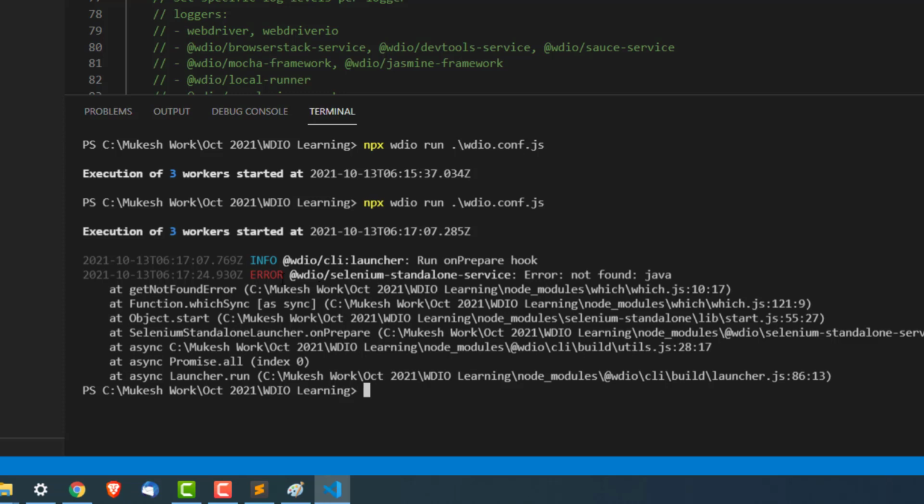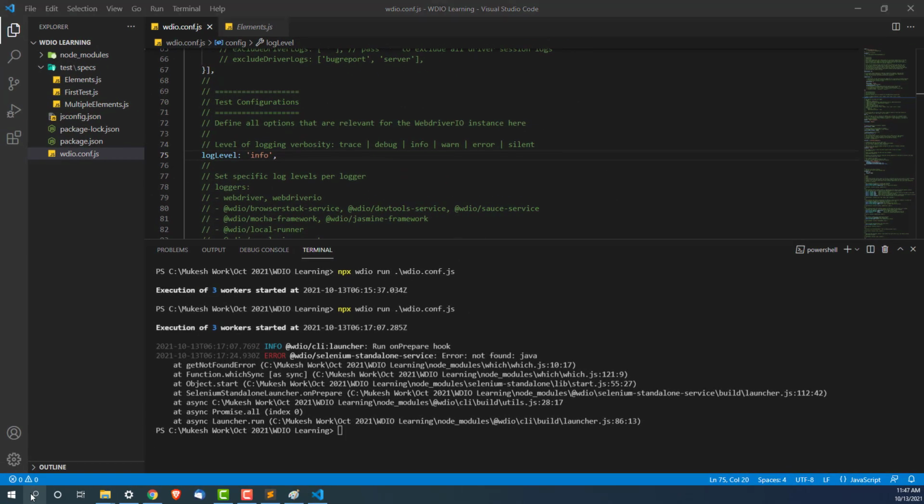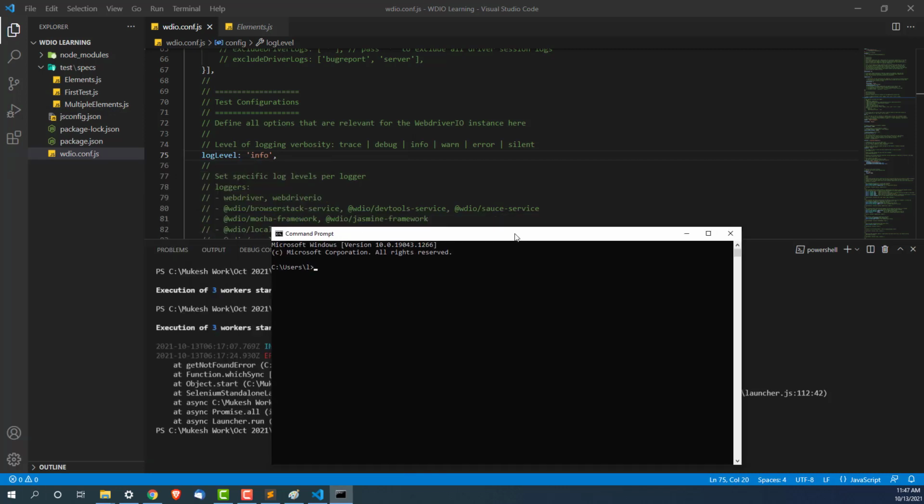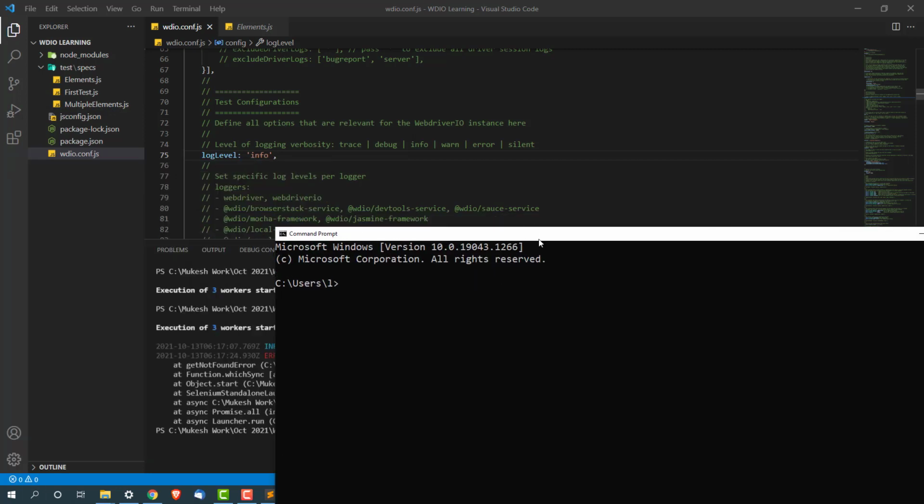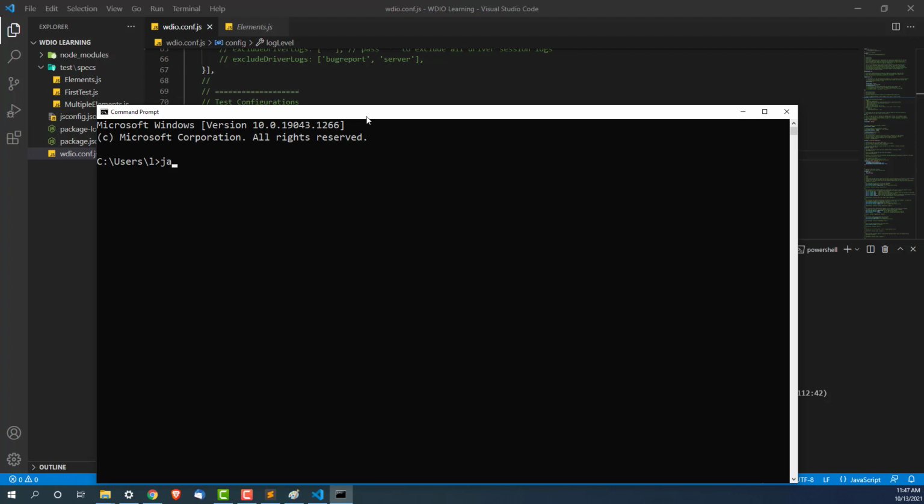Now once you understand what is wrong, let's quickly see, do we have Java or not? So I'm going to start a command prompt. Now let me just check the Java version. I will say java -version, and you can see Java is not recognized as an internal or external command. So it means once you install Java, this problem will be fixed. So let's quickly install Java and then we will try to run it again and we'll see whether it is fixing our issue or not. Okay, so let's install Java.